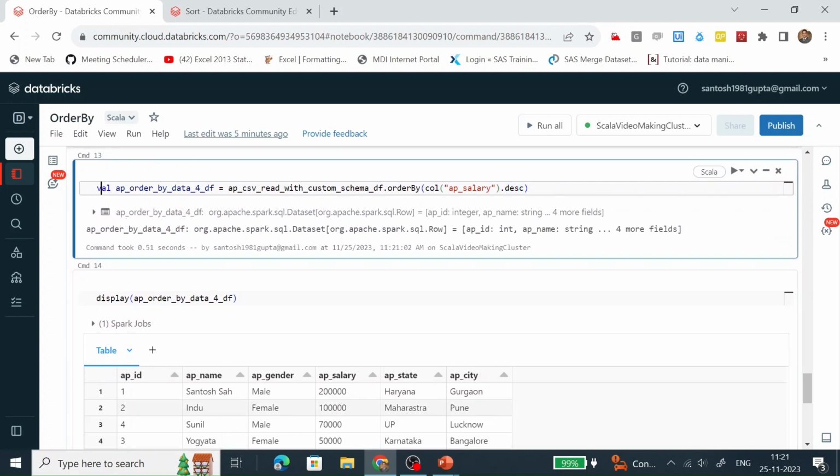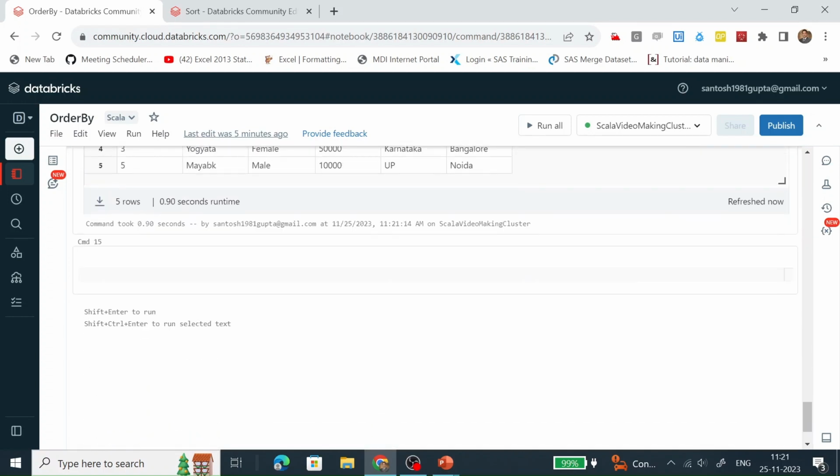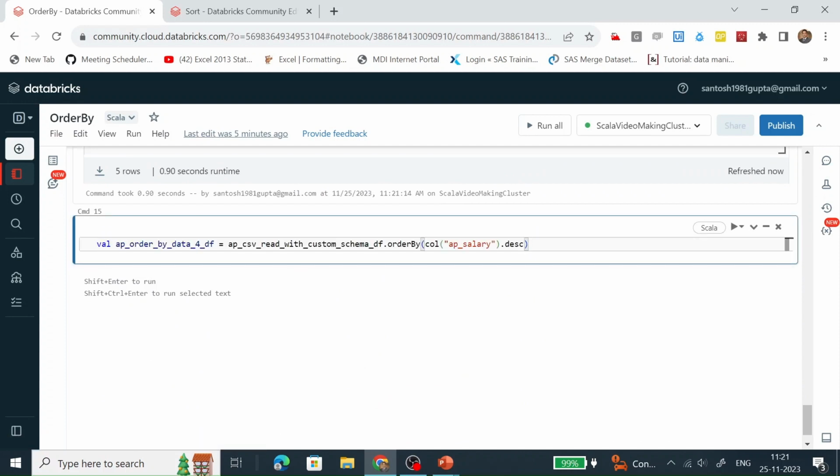Let's order this data frame by two columns. One column is AP salary and the second column is AP name. So first it will sort by AP name in ascending order, and then within the same data set, where AP name is the same, it will sort AP salary in descending order.